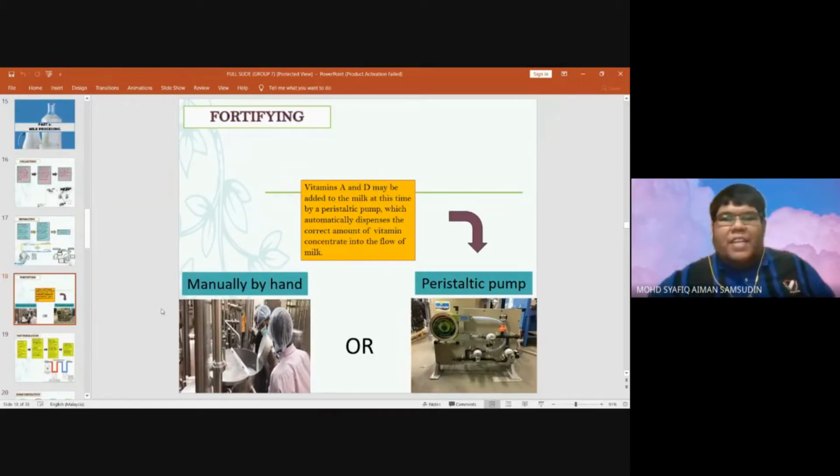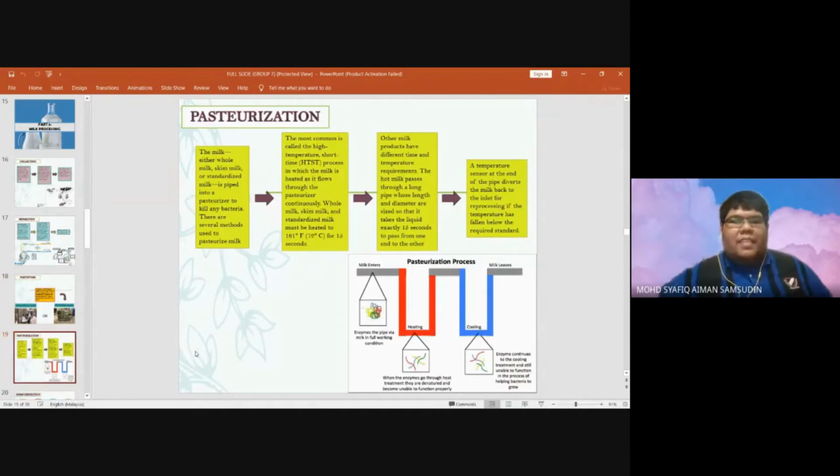And next we go to the fortifying stage, which can be done in two ways, manually by hand or by peristaltic pump. The aim for this stage is to add vitamin A and D to the milk. Next, we go to the pasteurization stage, where milk undergoes a heating process and cooling process. The main aim for this pasteurization stage is to kill and reduce the number of microbes and bacteria